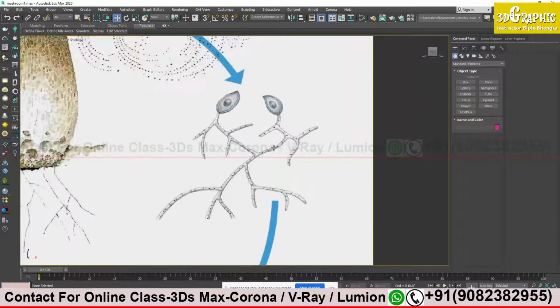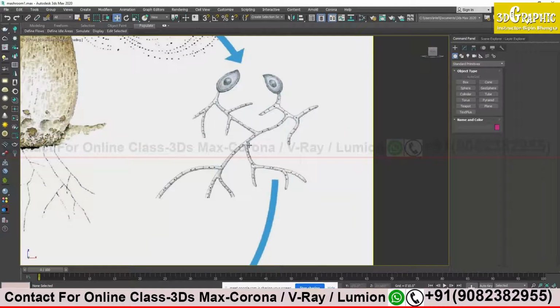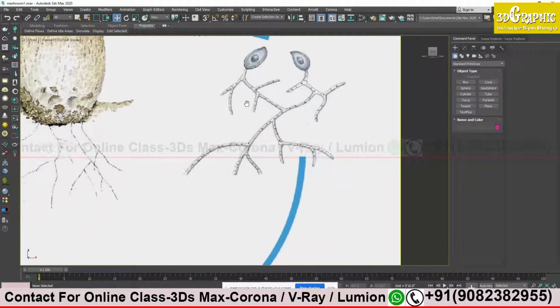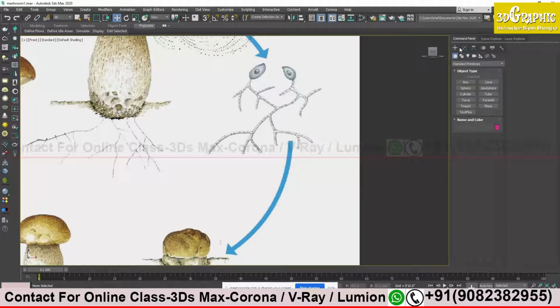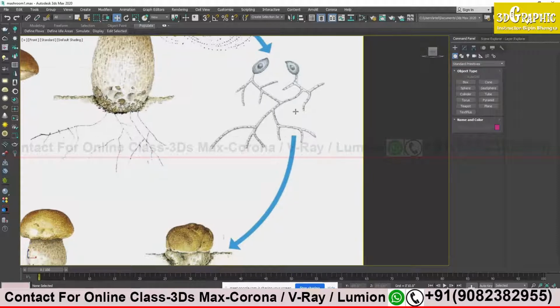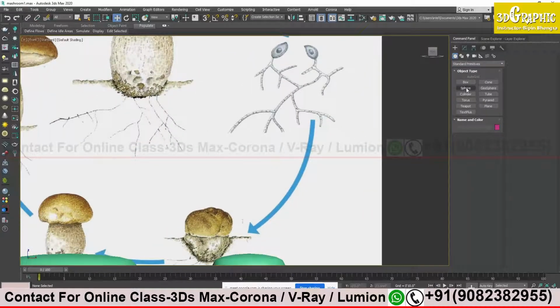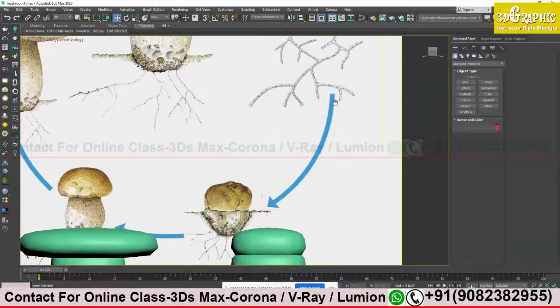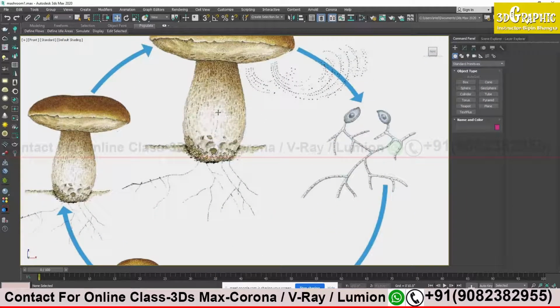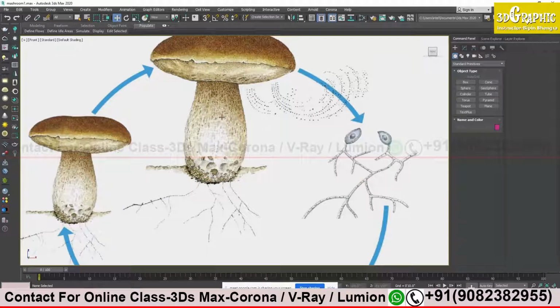Okay, now I have to create this model. You have to decide which default object to select that will be easy for you to model this kind of shape. We have box, we have sphere, we have cylinder, we have torus. There are different kinds of models. If you see this mushroom here, the base is more like a cylinder.